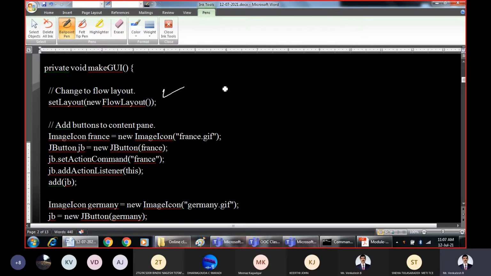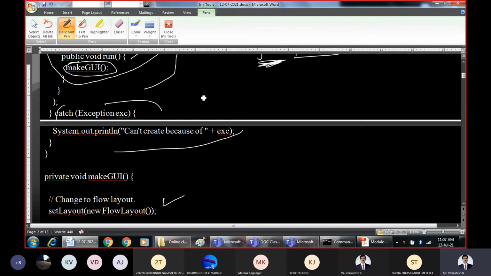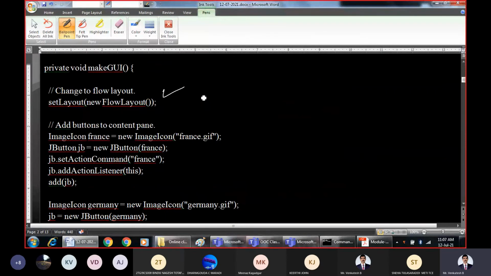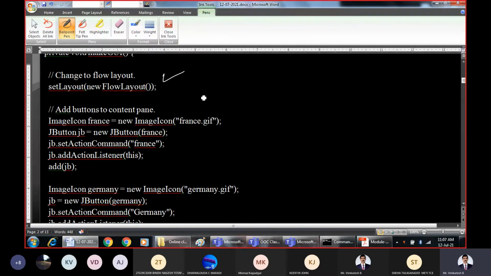So what basically is the content pane? Content pane is the container which contains the different components. Now by default the components will be added to the content pane by calling the add method.